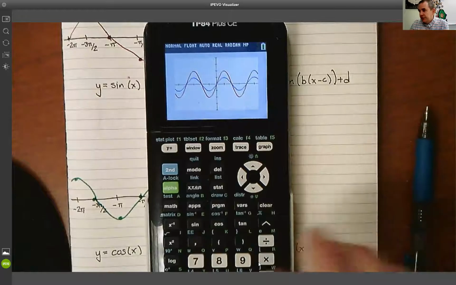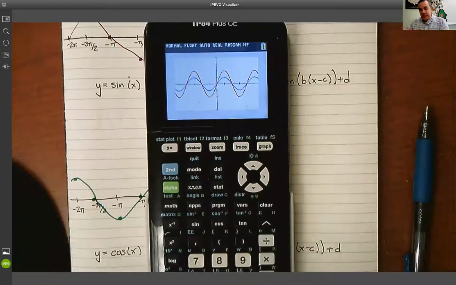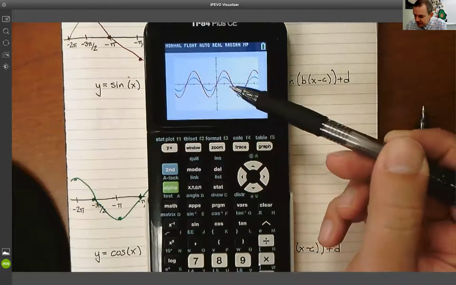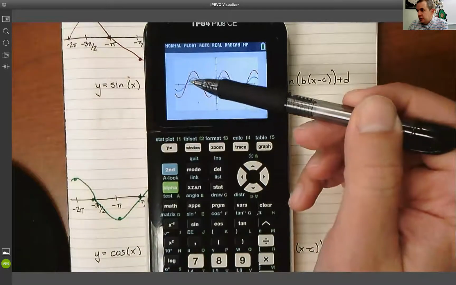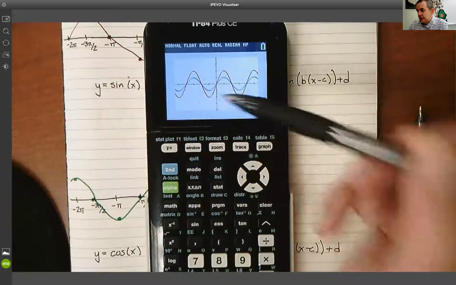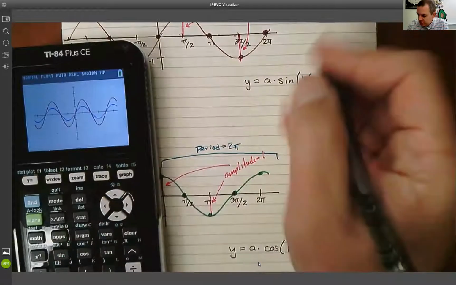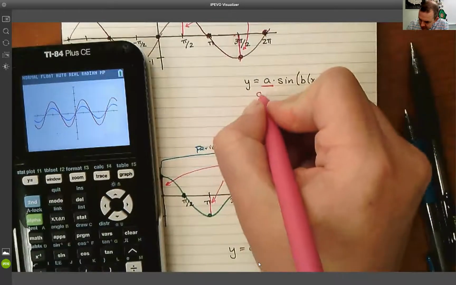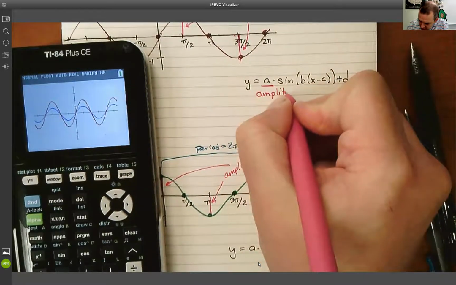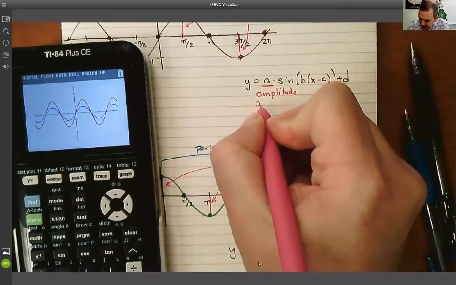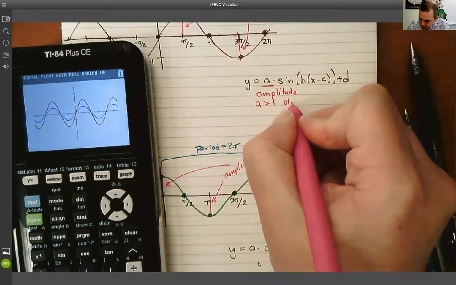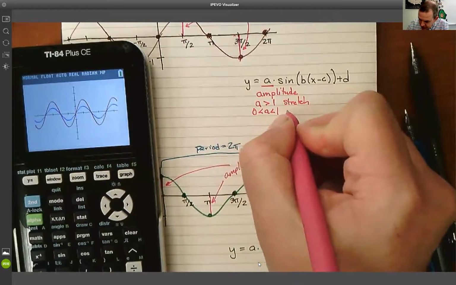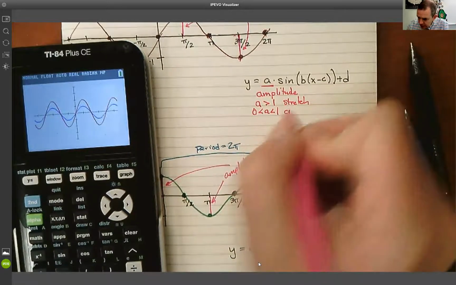The changing of the A increases the amplitude. It makes it taller. Notice how it still stays with the same x-intercepts. It just stretches the top up and the bottom down. So playing with that A changes the amplitude. This letter right here, this A, is an amplitude change. If that A is greater than 1, it's going to do a stretch. If that A is between 0 and 1, if it's a fraction, it's going to do a compression,